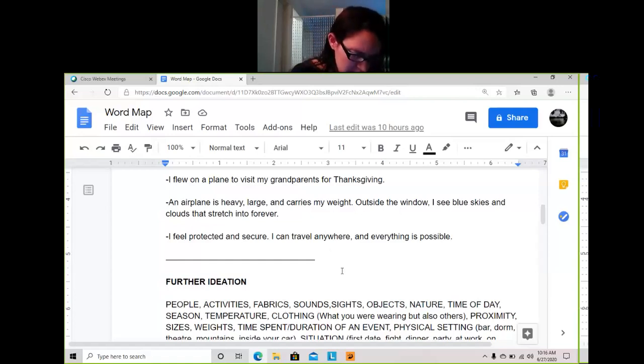And then just before we begin, here's some further ideas for ways we can use our environment, our setting, physical features, looks, and then how it makes us feel. So we're going to talk about considerations of the people we see in your environment, the activities they're doing, the fabrics, the sounds, the material objects around you, the natural sights, the time of day it is, what season it is, what the temperature is, the clothing that others are wearing, and what colors they have, even aside from just yourself, your proximity to other people in that environment, sizes and weights of people and objects, the time or duration spent on an event,